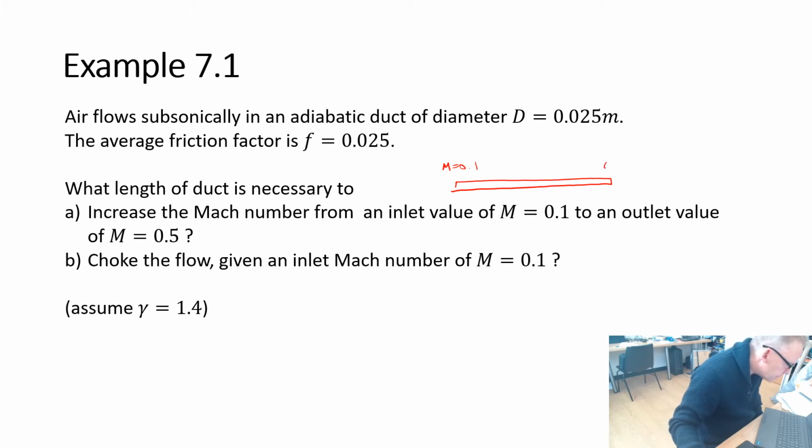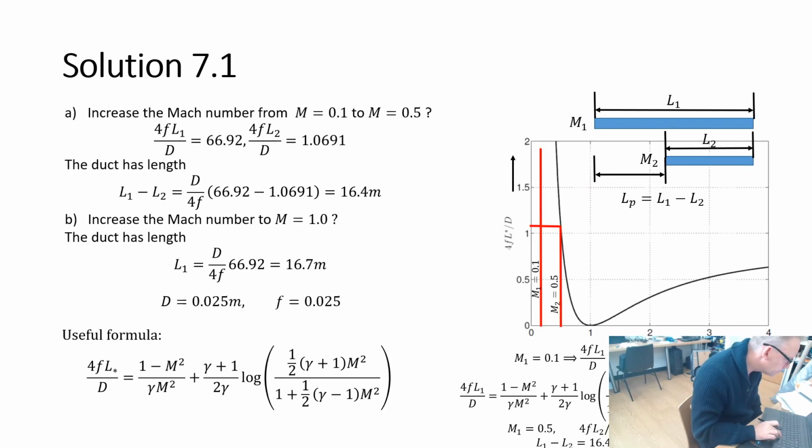We want to determine the distance it takes for the flow to go from Mach number 0.1 to Mach number 0.5. Second part: if the flow is choked, given an inlet Mach number 0.1, how long is the pipe or the duct? So for the first one, for each of the Mach numbers, 0.1 and 0.5,